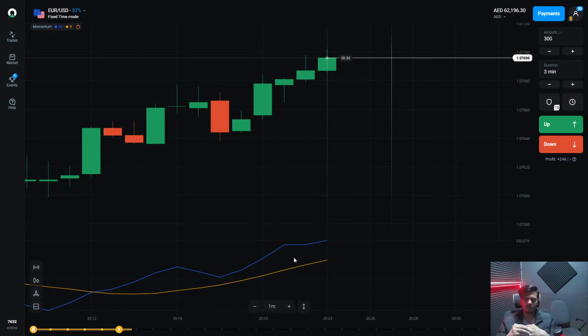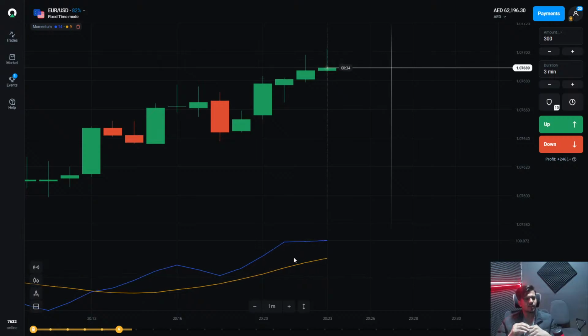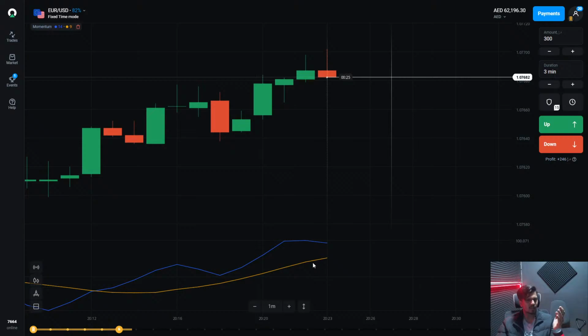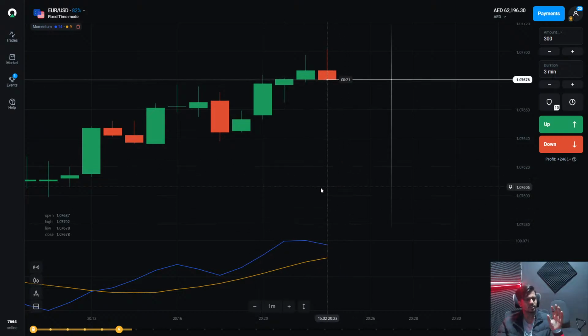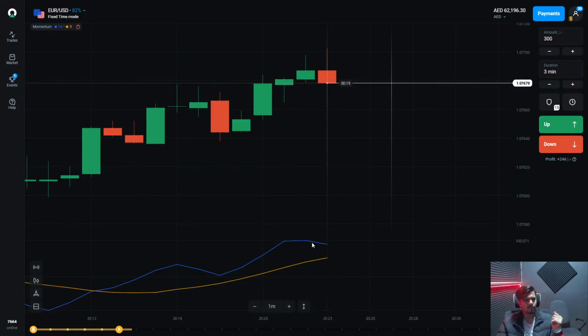So guys, I want to tell you one thing: if you are thinking about where it will go, you can also look at this yellow line. Now this yellow line is far from this underline and also moving in the upward direction. This is also moving in the upward direction. So here the chances are high of making the trade in the upward direction. But now this blue line is trying to move to the downward. So according to this blue line, this yellow line will also move to the downward after some minutes.